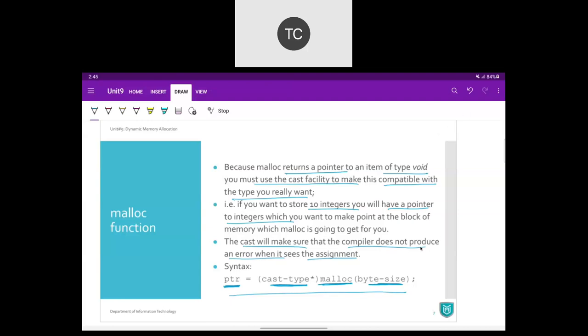It is just an inbuilt function coming from the stdlib.h standard library header file. So we have to include the stdlib.h file first, and then we may use the malloc function. Malloc requires one parameter, and that is the total size of the memory block that is required.